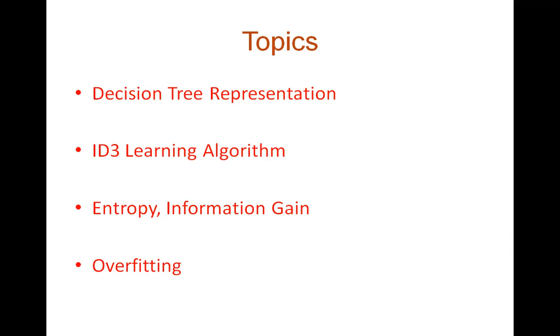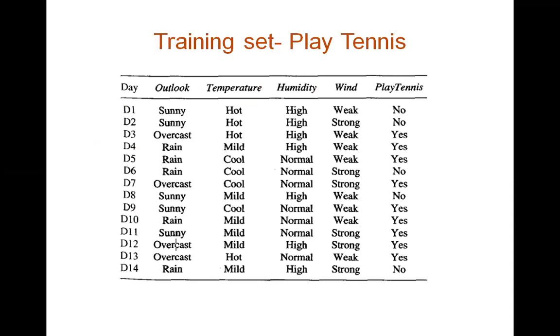Is it clear? So these are the topics we are going to study in this chapter. How we are going to represent the decision tree, and there is one algorithm which we will be studying, the ID3 algorithm. Using this algorithm, how to create the tree. And two topics are there: entropy and information gain. They are very important. When we talk about decision tree, entropy and information gain are the most important concepts which you need to understand. And one more thing is overfitting. What is overfitting and all, we shall discuss later.